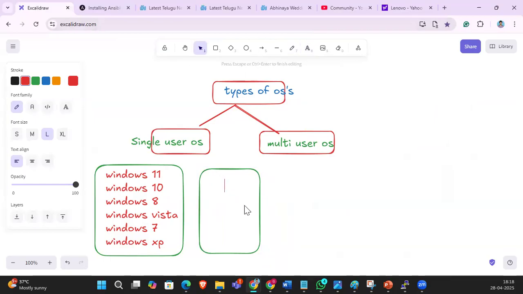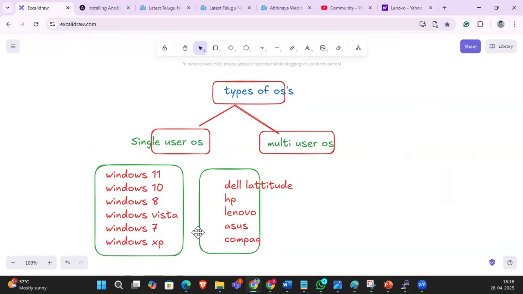Dell Latitude, HP, Lenovo, Asus, Compaq. These all are single user supported hardwares.